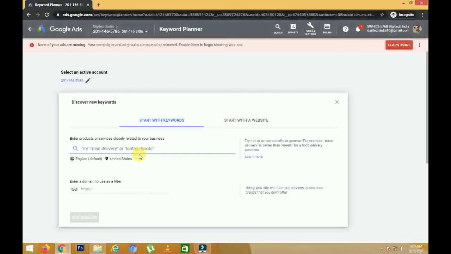Now this is the place where you need to enter keywords. You can enter up to 10 keywords here. Now these keywords can be the services that you are offering, or the product that you are offering, or the words through which you want people to come to your website, or maybe a YouTube video, or a blog. So you can shortlist up to 10 words on which you want to do keyword research. For example, if I'm a company selling medical equipment, so what I will type here is